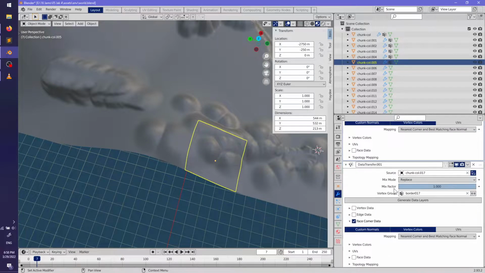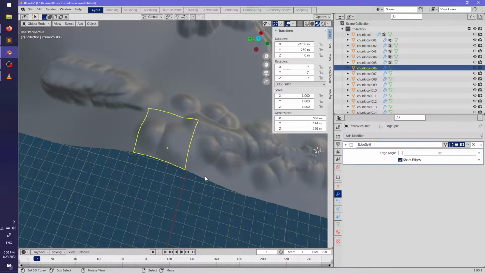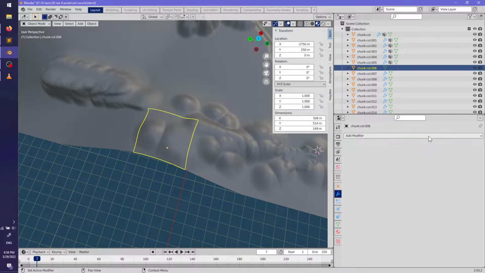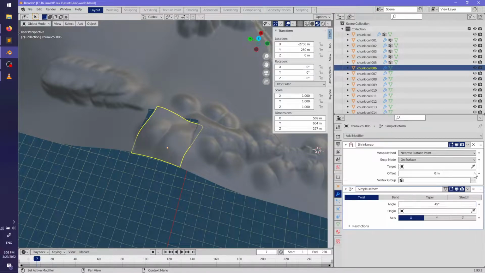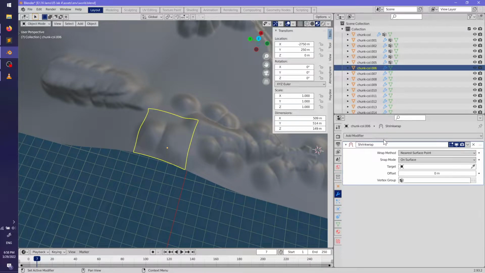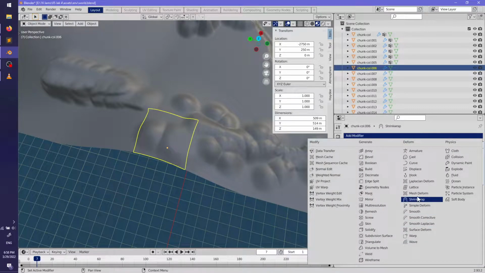Did I do this right? I think I did this one right. Wrong one. Shrink wrap, and then I'll get the hang of this eventually.